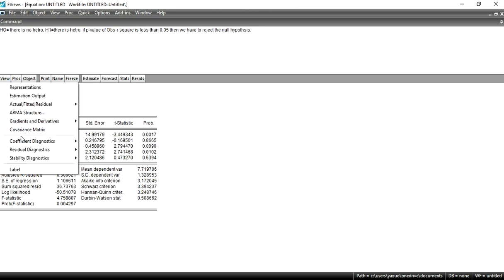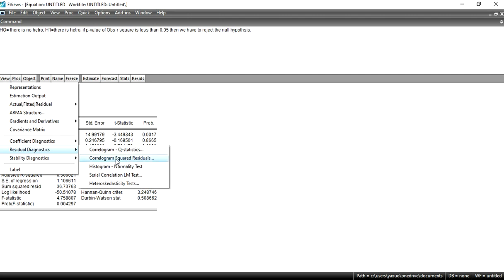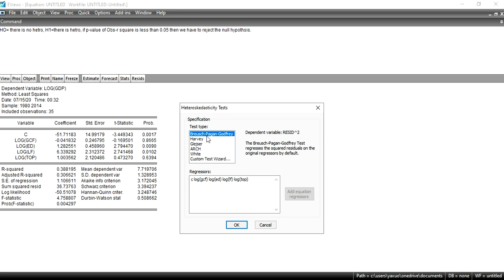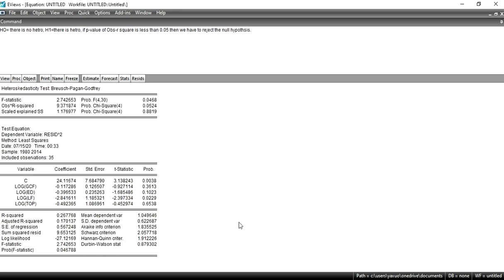We go to View, Residual Diagnostics, and then Heteroscedasticity Test. Apply the Breusch-Pagan test, click on OK. Here you can see that the probability value is 0.052, which means 5.2 percent.